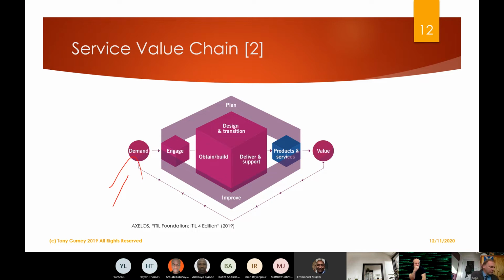So you've got a demand for a new website that's GDPR compliant. You're going to need to engage. Who are you going to need to engage with for that? Who might be included? In the organization, or yeah,